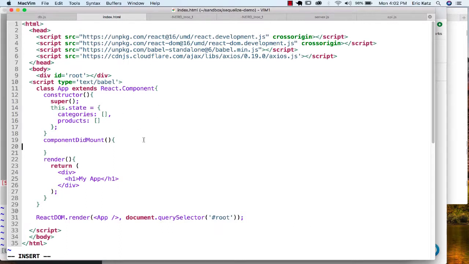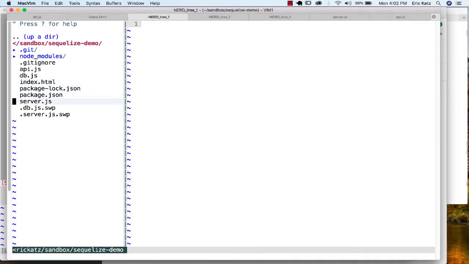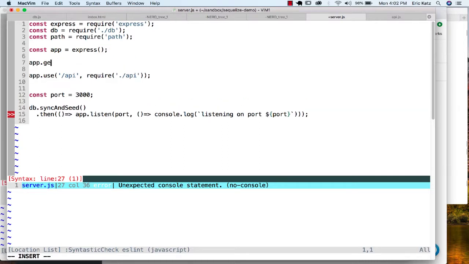So let's actually set up our application so we have a front end. I've got Axios here. I've got a basic page set up here. First thing we're going to do is let's actually deliver this page by going into our server. And we're going to bring in our path. And let's go over here and we're going to do an app.get